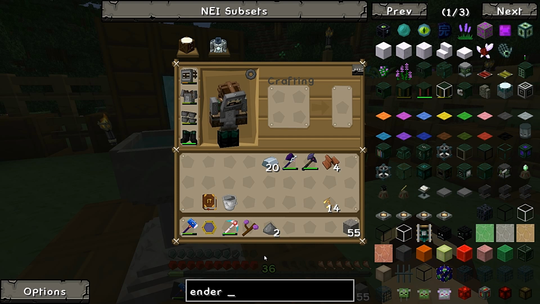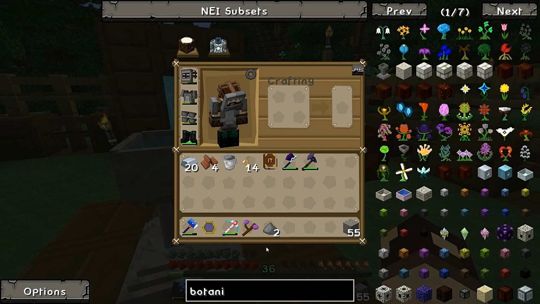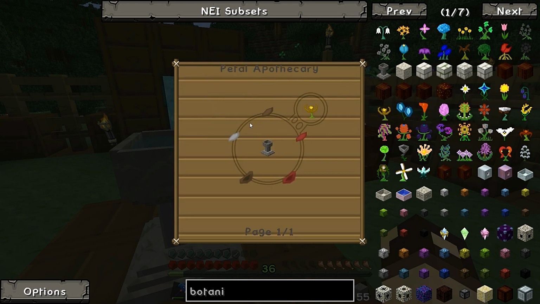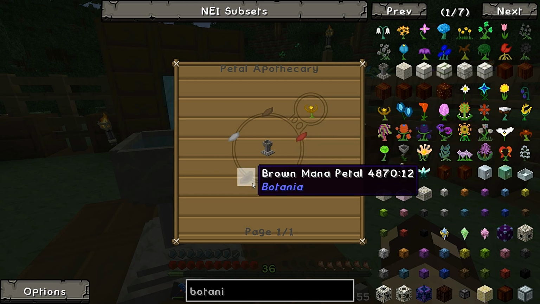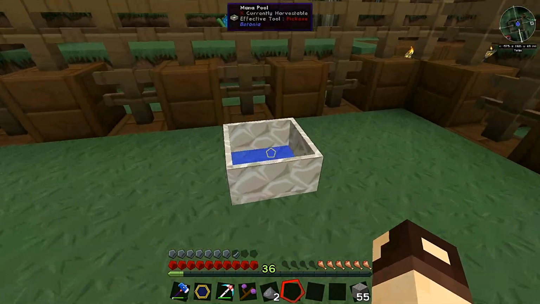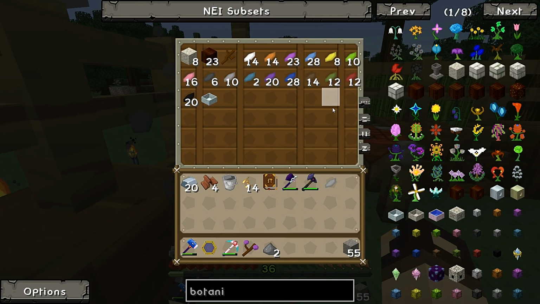called an Endoflame, I think it was. Let's have a look. It is Endoflame. So we want to craft this Endoflame. Now that's done through the petal apothecary, and we just need a light grey, a brown and a red petal, but we also need these red mana petals. Then these are purely crafted by dropping a red and brown petal in the mana pool and fusing them with mana. So we need a light grey, a brown,